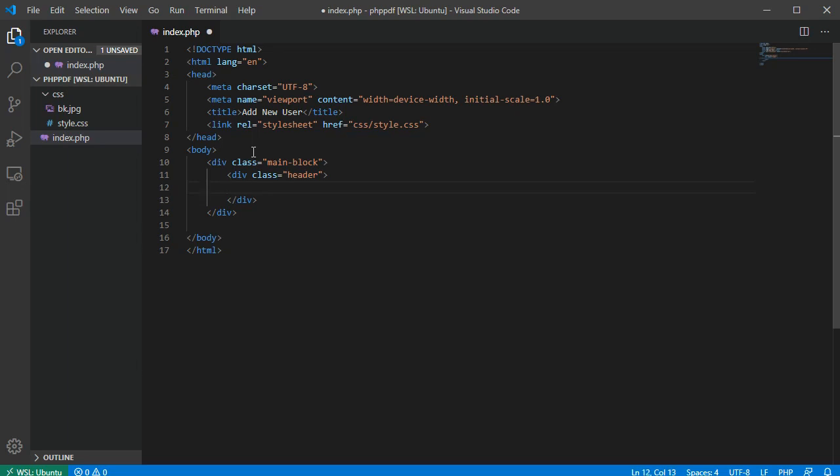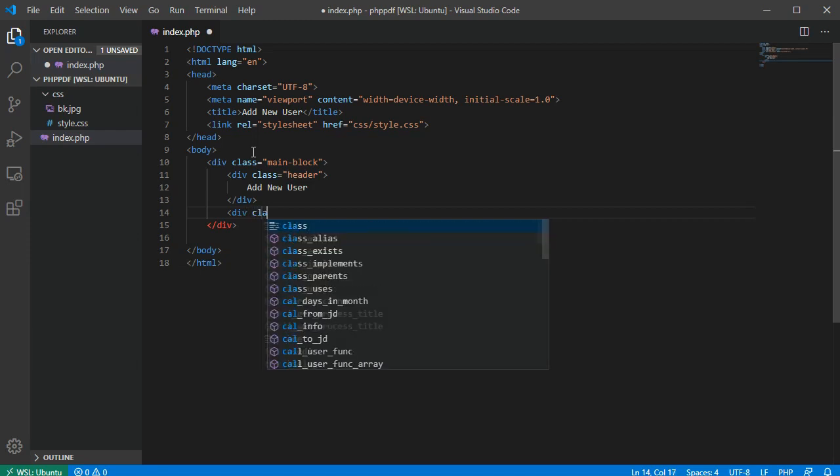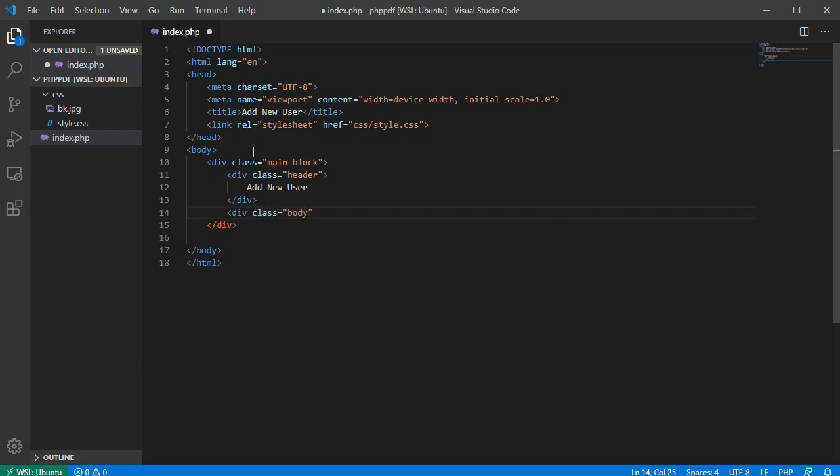And then here we have the title, which is title and header, add new user. And now here we have the body class. So we have div body, and here we have the form. So we have form